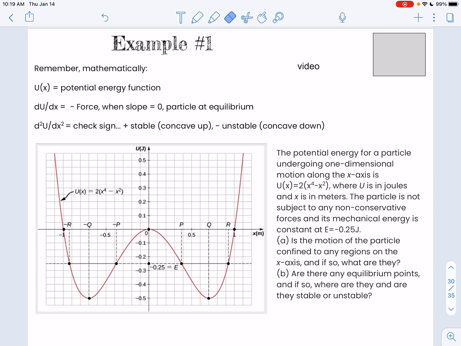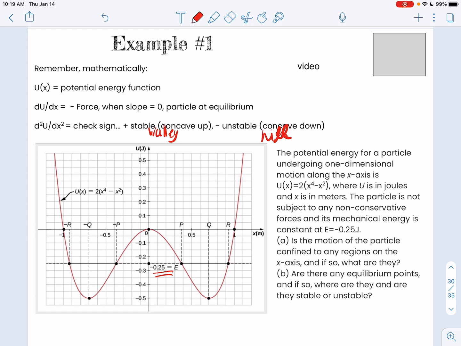Then when you take the second derivative and check the sign, stable, concave up, would be like in a valley. And unstable, concave down, would be like on a hill. Okay, good. So here's what's going to happen: you have this potential energy for the particle